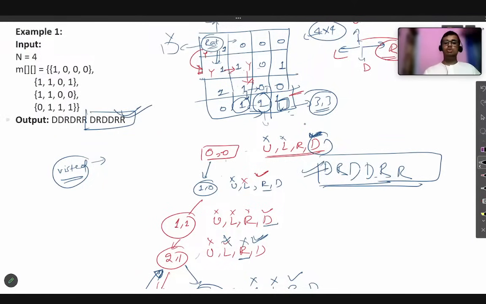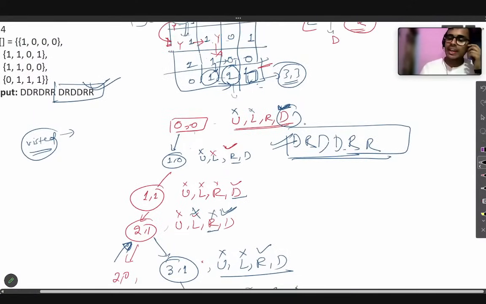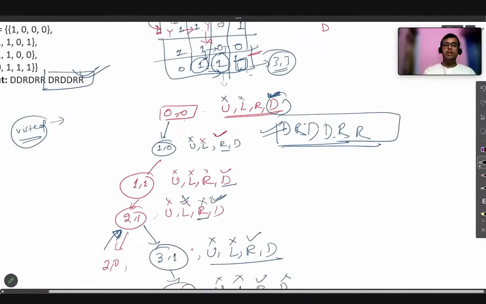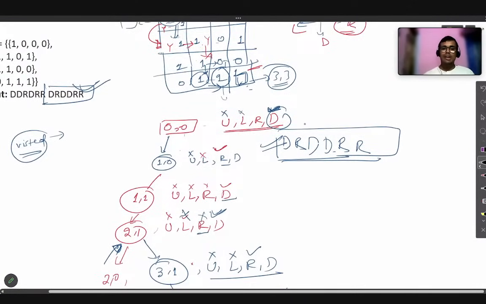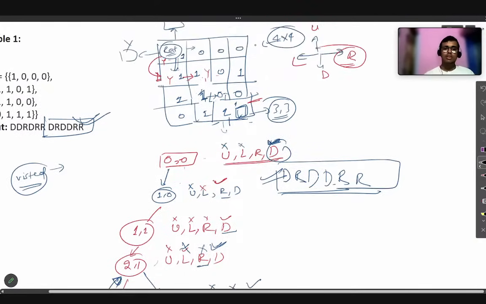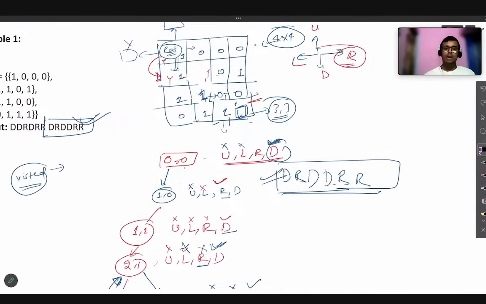Now we have to look for other possible paths also. Can there be any other possible paths? To do that, once you find one path, you go back, but when you go back, you unmark every value so that it is treated as not yet visited. All paths up here will be covered. You go up here again, and all paths of this are also covered. Then you go down here.